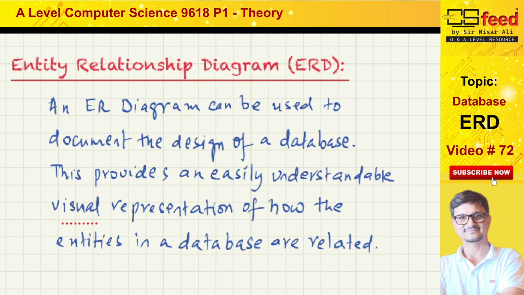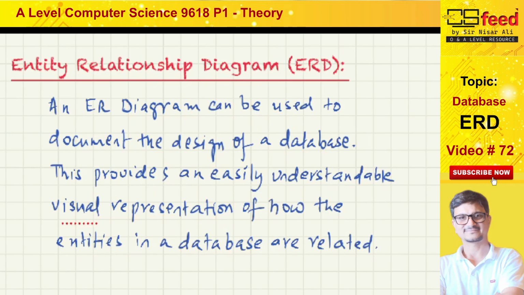It is basically the diagrammatic representation of the relationship between the entities. In order to understand the types of relationship, you need to watch my last video on relationships. Today we are going to look at the various types, and we are going to convert them